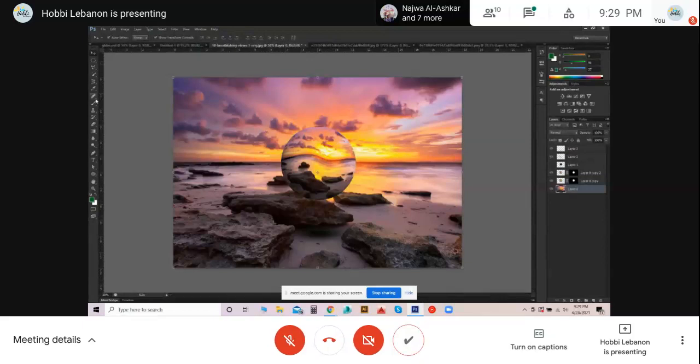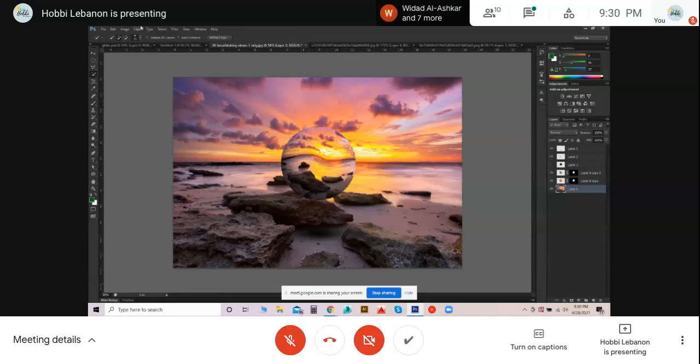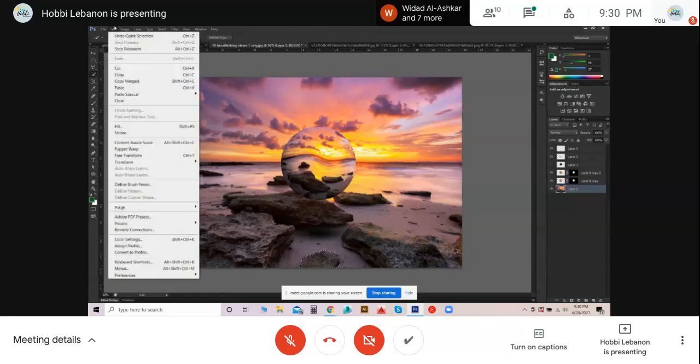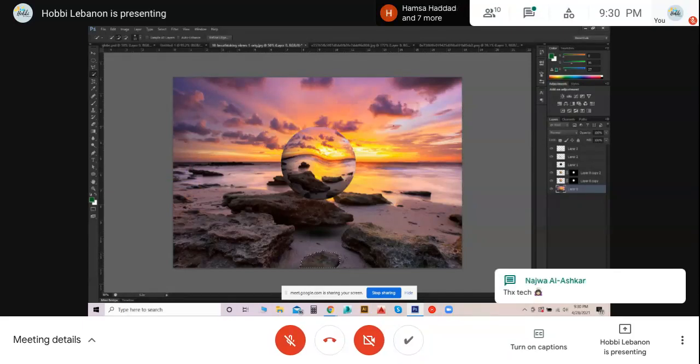this rock here, you can make a selection of it. Where is the selection tool here? Okay, this is my selection. I can simply go to my edit and define brush preset. So this is what the shape of my brush will look like. Or I can simply choose this cloud here,